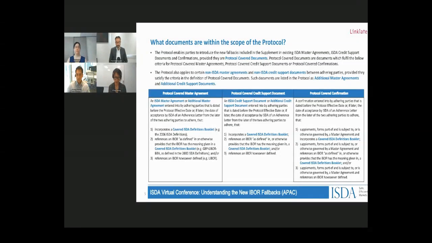So the discussion, for example, that's being had is whether loan-linked ISDAs, where ISDA master agreements, hedging transactions entered into referencing loans, should also be covered by the protocol because of the risk of mismatches. So I won't go into that here. In fact, I think the panelists later will discuss that in the context of bilateral agreements, but it's just a point to note. So I'll just hand over now to Joyce to cover non-ISDA documentation.